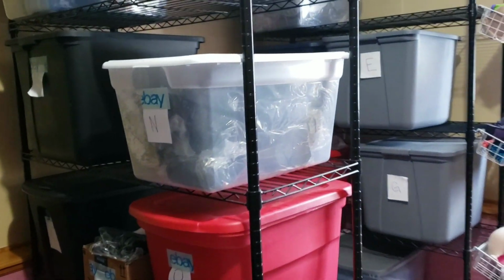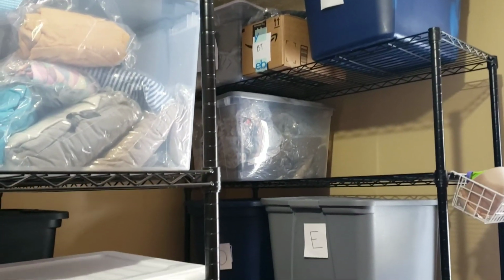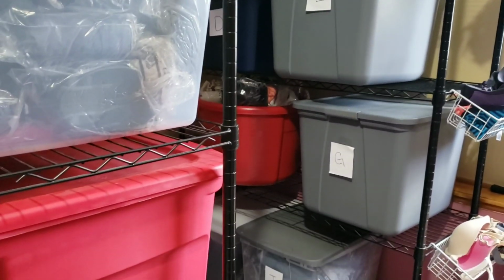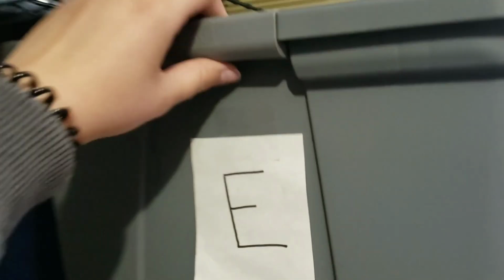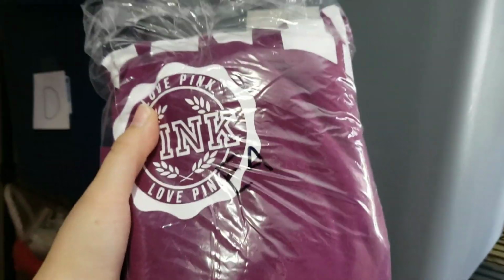So back to the totes. They are kind of in order. I've got my own little system here. I have mine labeled on the tote by letter, and then within each of these, so this is like tote E, I've got E1 through whatever, and usually I can fit probably close to 25 to 30 items in here. So if I pull this one out,